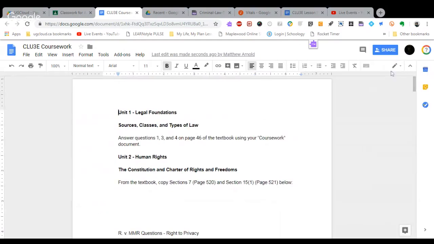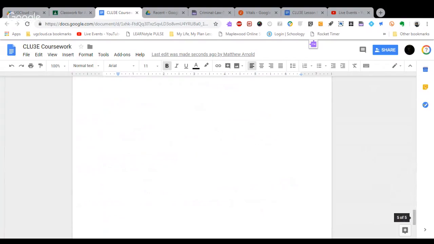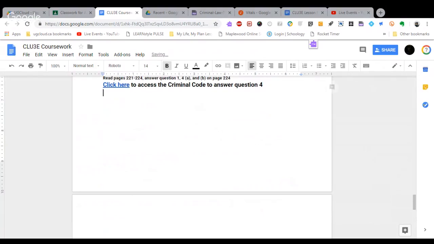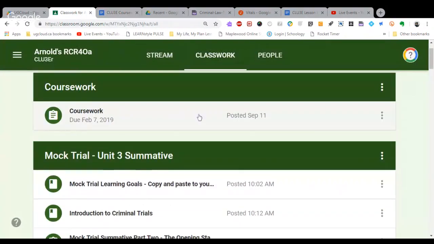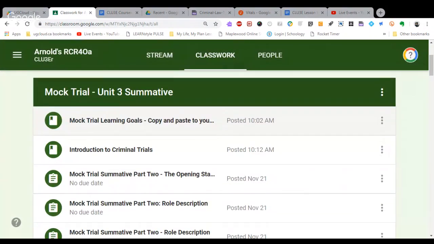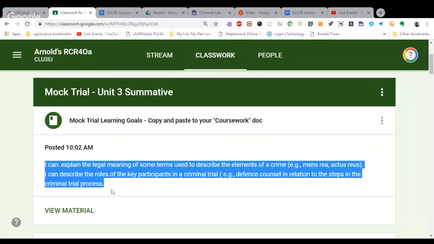So I'll go through that one more time. It's Unit 3, and we're now into the mock trial. You've got two learning goals for that. So I've added a heading to my coursework doc. And you're going to put the two learning goals that were at the very top of the mock trial summative page here. Let's take these guys and you're going to put these